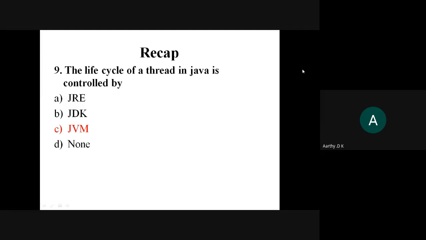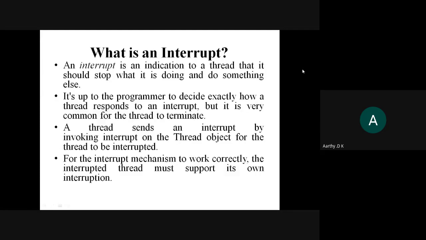Then for today, we have interrupt thread and re-entrant monitor. First we'll see what an interrupt thread is. So what is an interrupt? An interrupt is any kind of action that stops your current execution. Suppose I am printing something, and my operating system wants to reboot. Which will be given the highest priority? The priority will be given to the rebooting, so your printer will have to halt itself. Any kind of action which makes your current execution stop, we can call an interrupt.